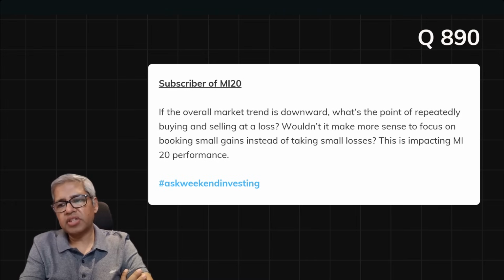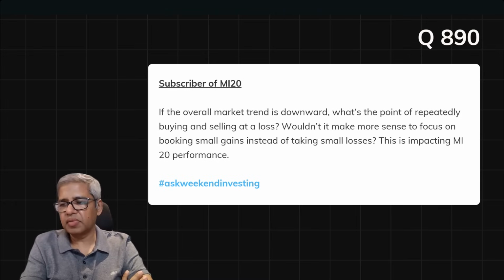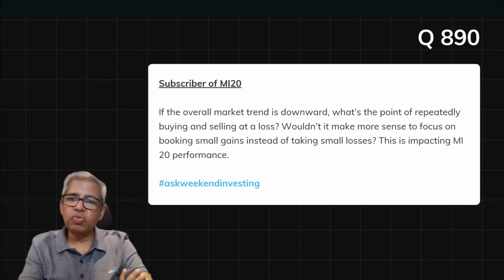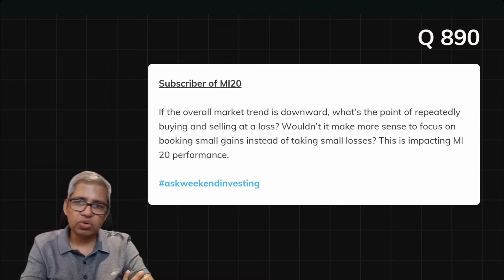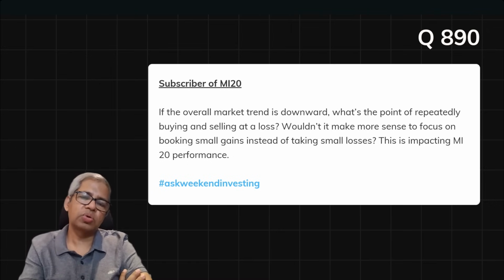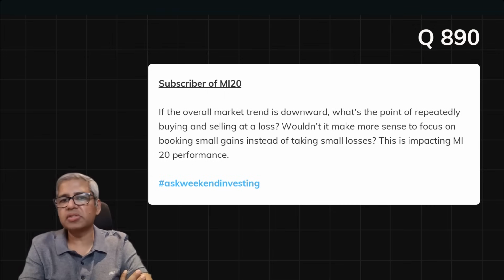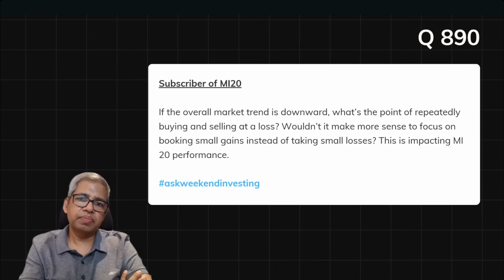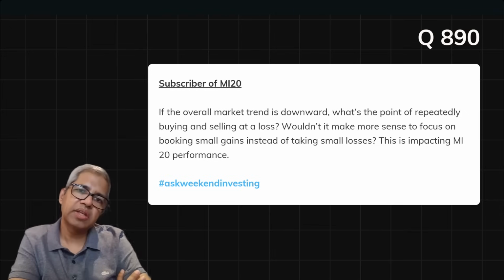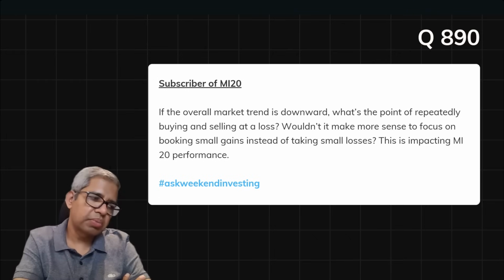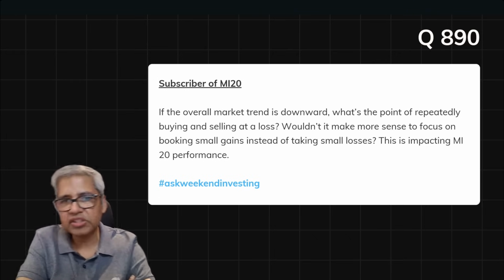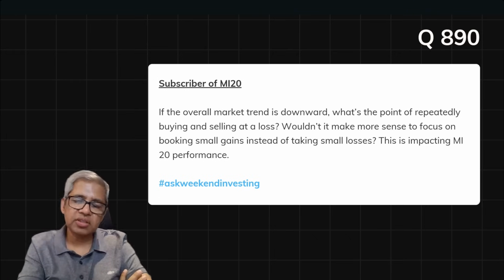How does changing the strategy in this period impact when the markets will be bullish? Who will tell us that the market is not doing a loss right now and it's going to gain tomorrow? When that flip happens, you will have booked a small gain and the stock will go multifold up. Then how will you make money in this strategy? So my request is that don't question the strategy. The strategy is a proven strategy and it has proven its worth.